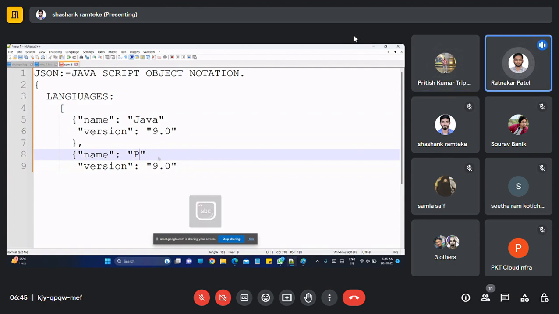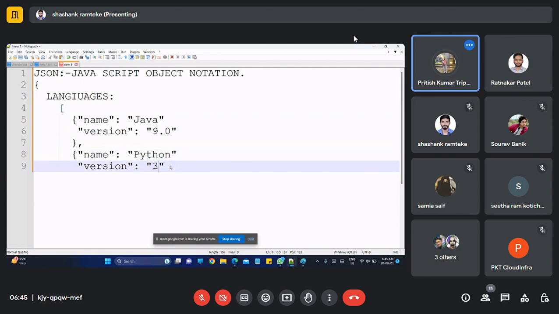It's a key and value. Yes, very good. Who is this, Saurabh or Pawan? Ratnakar. Oh, okay, Ratnakar. Thanks for your valuable input, Ratnakar.